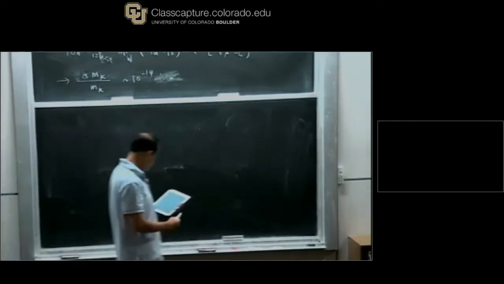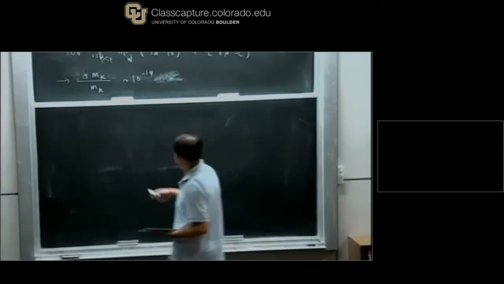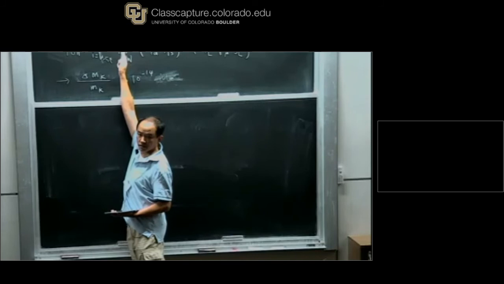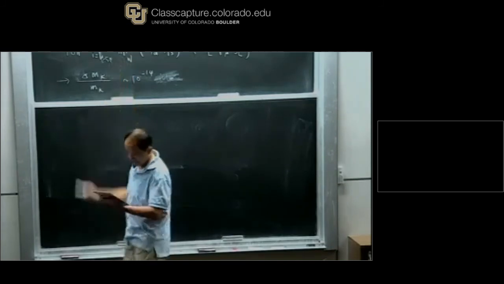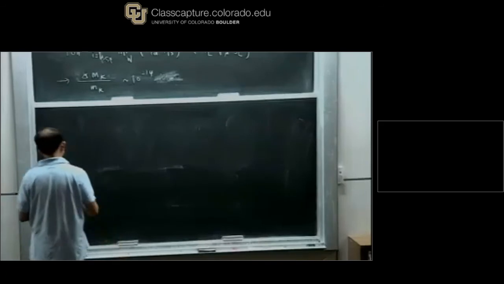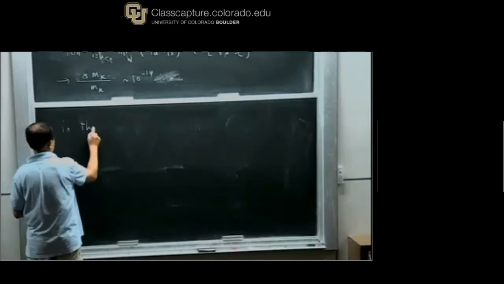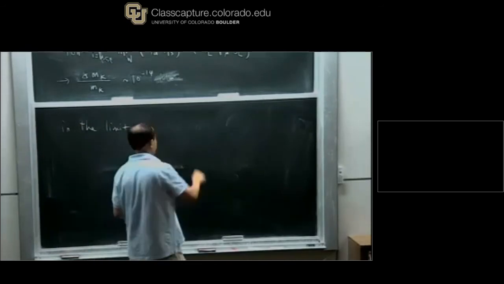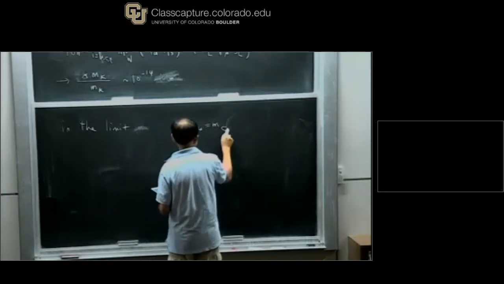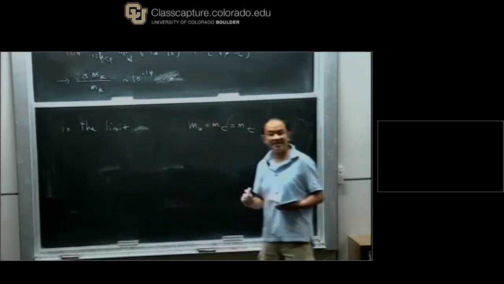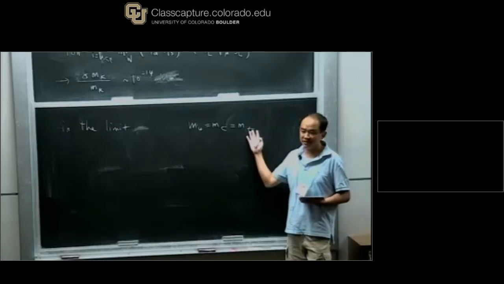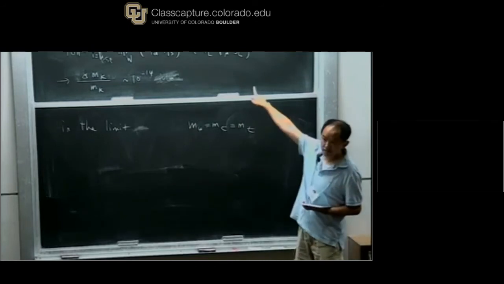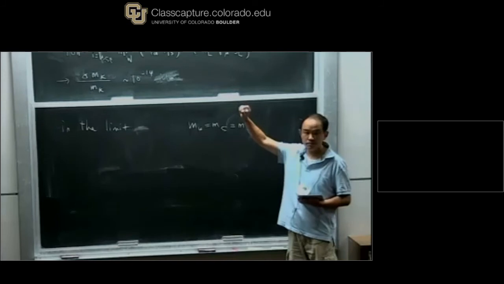But let me also point out an interesting fact. There is a quark mass here. Remember, there's a quark mass here. So imagine that I'm in the limit, which is not true in the standard model, where the U quark, the C quark, and the top quark have the same mass. Suppose I'm in this limit. Then this matrix element is 0.